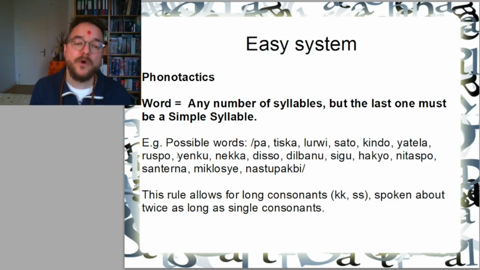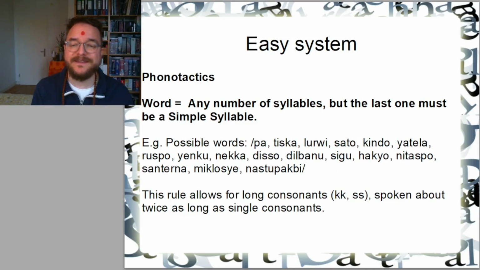So possible words in this language would be pa, tiska, so it has a complex and a simple syllable, lurwi, sato, kindo, yatela, ruspo, yenku, nekka. You see that even double consonants are possible in this case. Disso, another double consonant. Dilbanu, sigu,